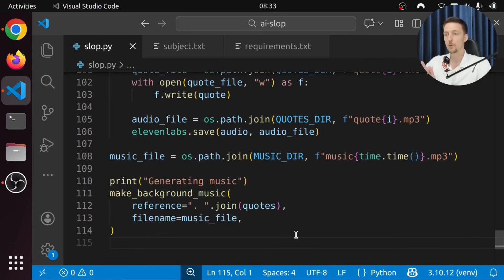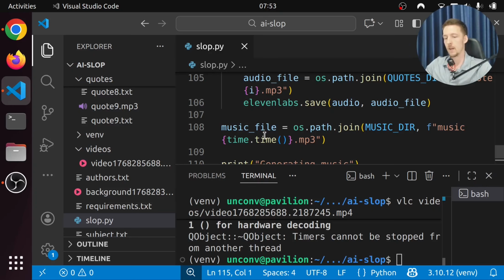So at this point, what you could do is you could open up all these files in some video editor and slap them all together and make a beautiful video that you can post on YouTube. But is that enough for me? No, that's not enough. I want to generate a whole video from start to finish with Python.